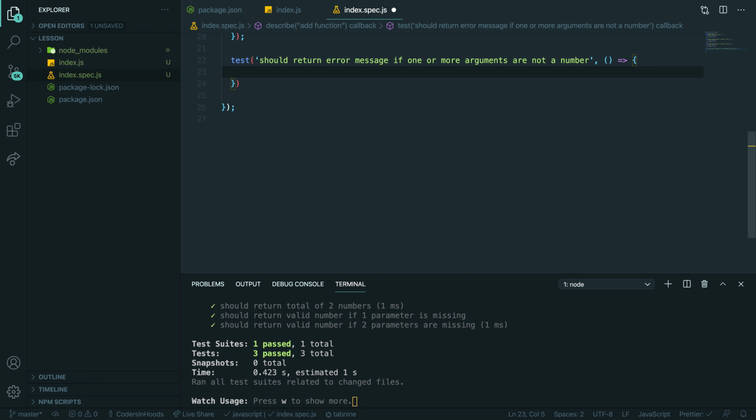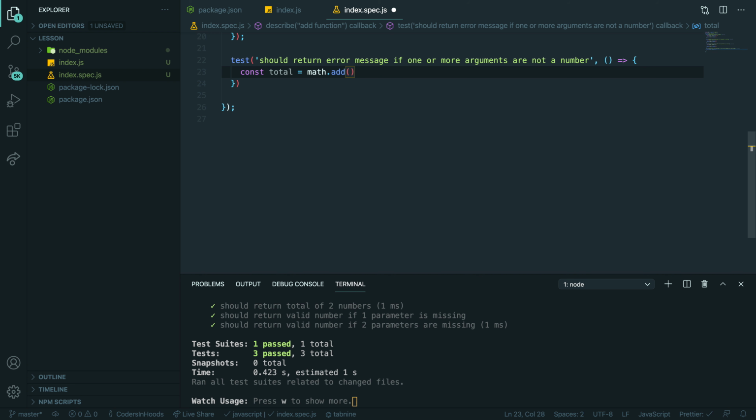So first, let's say I want to call my function, right, and see what I will get, and I want to compare it with something to make sure it is what I'm expecting. So let's do it step by step. First of all, I want to call the function with specific things to get the output, to get the result. Yeah, so we want to call a function that works, right? Yeah, so let's say total, just a function that will return an error message.